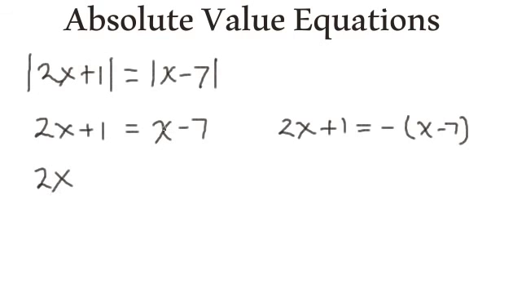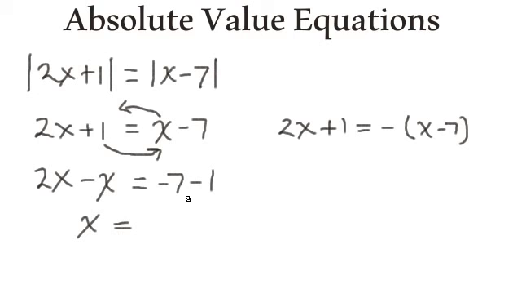I'm not going to go through all the intermediate steps, so bear with me. So we have 2x. Now I'm going to take this x over to this side of the equal sign, and because it's a positive, I make it a negative. And I'm going to take my constant over here to this side, and because it's positive, when I bring it over, I change the sign, and it becomes negative. Now I'm going to collect like terms. 2x minus x is x, and x is equal to negative 8. Alright, looks good so far. Now let's do the same thing over here. I'm going to go ahead and distribute this negative across. So we have negative x plus 7,